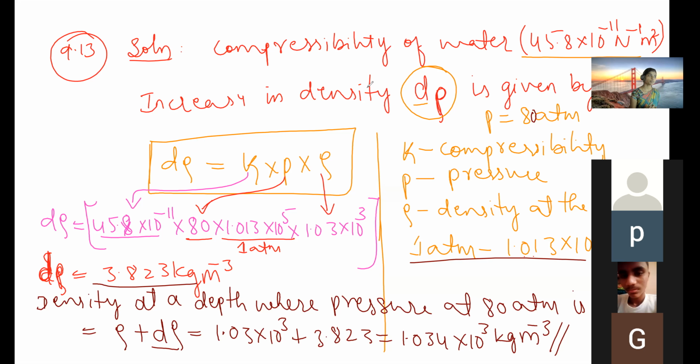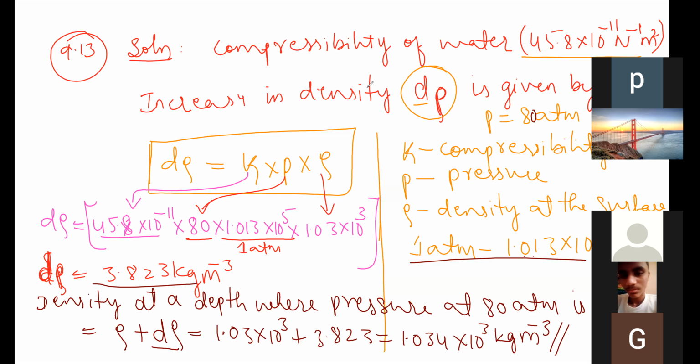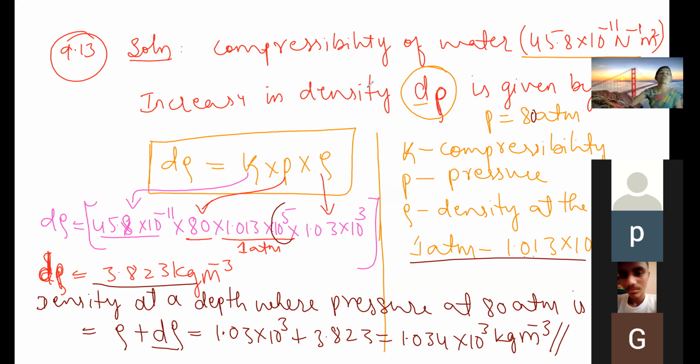So we substituted the given values and after substituting, I'll calculate. ಎಲ್ಲ ಇಂಟು ಮಾಡ್ರಿ: 45.8 ಇಂಟು 80 ಇಂಟು 1.013 ಇಂಟು 1.03. ಆ ಕ್ಯಾಲ್ಕುಲೇಟರ್ ತಗೊಂಡು ಮಲ್ಟಿಪ್ಲೈ ಮಾಡ್ಕೊಂಡಾಗ ಸೊ ಆ ಪವರ್ ಅನ್ನು ಒಂದ್ ಕಡೆ ಮಾಡ್ಕೊಳ್ರಿ. ಅಲ್ಲಿ ನೋಡ್ರಿ 10⁵, 10³ ಎರಡಿದಾವ. ಸೊ 10⁵ ಮತ್ತು 10³ ಅಂದ್ರೆ 10⁸ ಆಯ್ತು. 10⁻¹¹ ನ ಪ್ಲಸ್ 8 ಮಾಡಿದಾಗ 3 ಉಳಿತೈತೆ, 10⁻³. ಸೊ ಉಳಿದ್ ಮಲ್ಟಿಪ್ಲೈ ಮಾಡಿದ್ರೆ 3.823, ಅಂಡ್ ಆಲ್ವೇಸ್ ಡೆನ್ಸಿಟಿ ಇಸ್ ಮೆಜರ್ಡ್ ಇನ್ ಟರ್ಮ್ಸ್ ಆಫ್ kg/m³. ಆ ವ್ಯಾಲ್ಯೂ ನಮ್ಗೆ ಇಲ್ಲಿ ಬಂದೈತಿ.